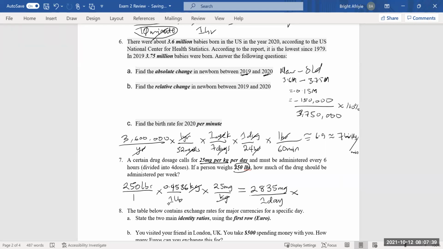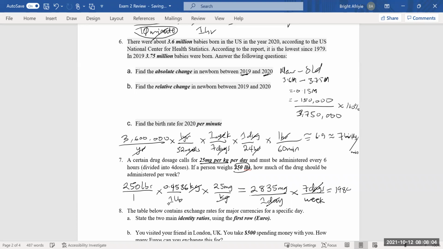All right, now we know that 7 days a week. So therefore, days will take care of days. So basically, we are multiplying the amount per day by 7 to know how much should be administered in a week. And this should give you